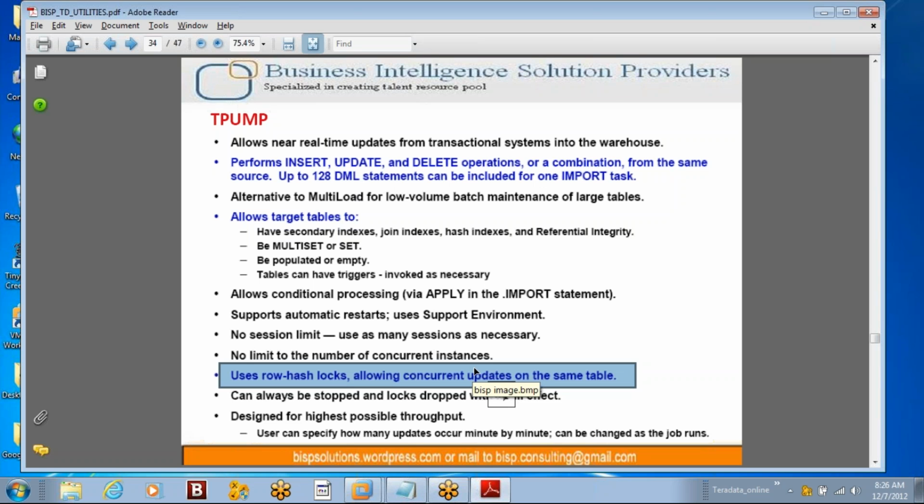So there are many advantages, but the complexity is that if something happens, it clogs all the tpumps, I mean all the sessions. See here, Vijay has mentioned they have one project to convert tpump to multi-load. That's what is happening. Tpump is being migrated to BTEQ if it is less data, and to multi-load if it is huge data. So it is being